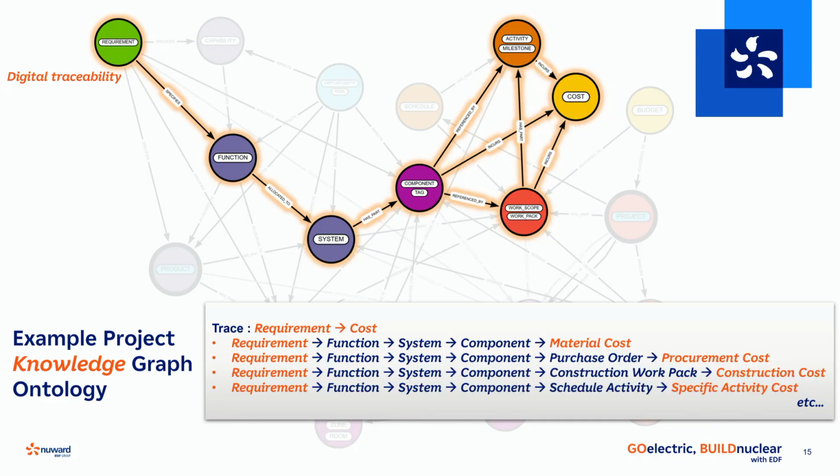This requirement change will lead to maybe a change in the cost of material, or it may be related to an activity in your project that will have a significant impact on the schedule or your procurement. So by connecting the data, now you suddenly have access to the entire knowledge of your project. And you can do this for any type of impact assessment, whether it's cost, schedule, or your design changes.